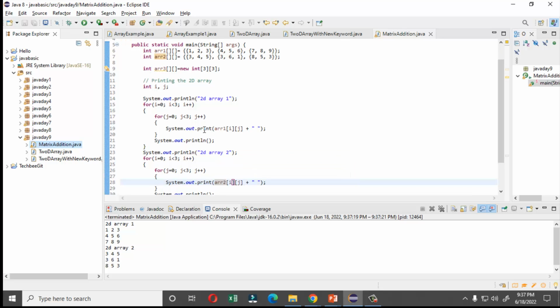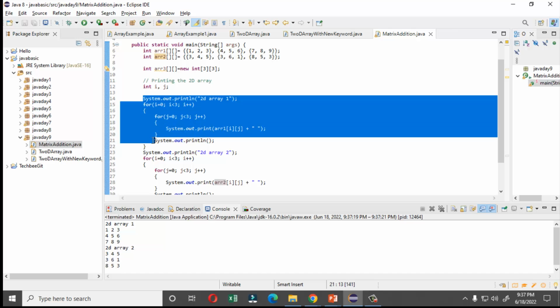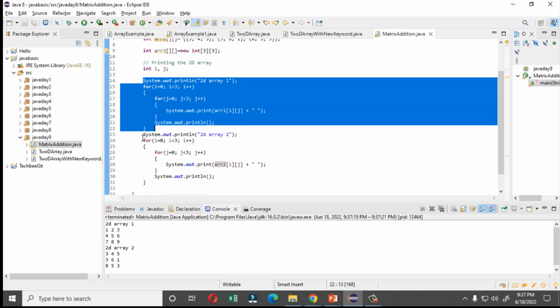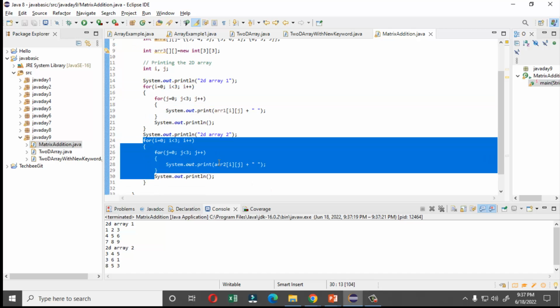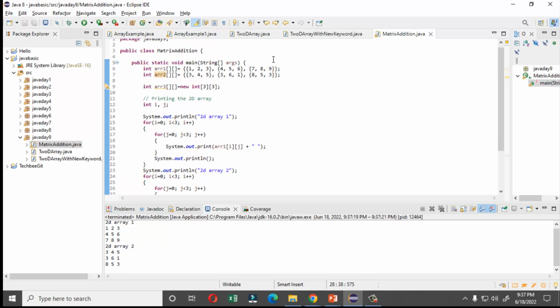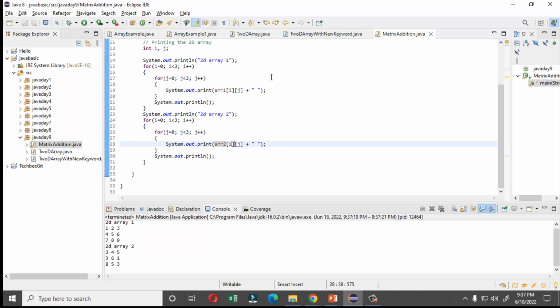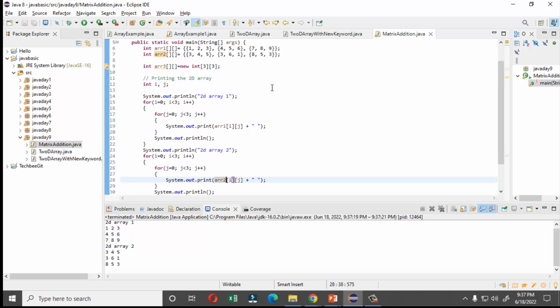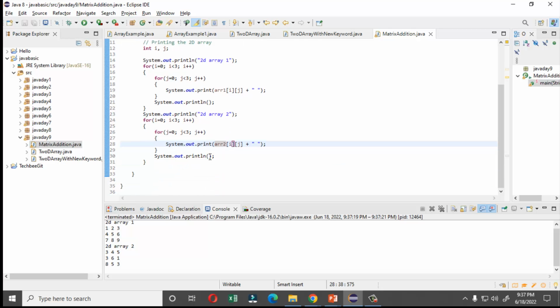This is the first matrix. This first matrix is printed over here, and then the second matrix is printed over here. This is array 2 here, you see this. It contains 3 4 5, then 3 6 1, and then 8 5 3. Now I want to add these two arrays' values into the third array. Okay, so how will I do that? So let's put